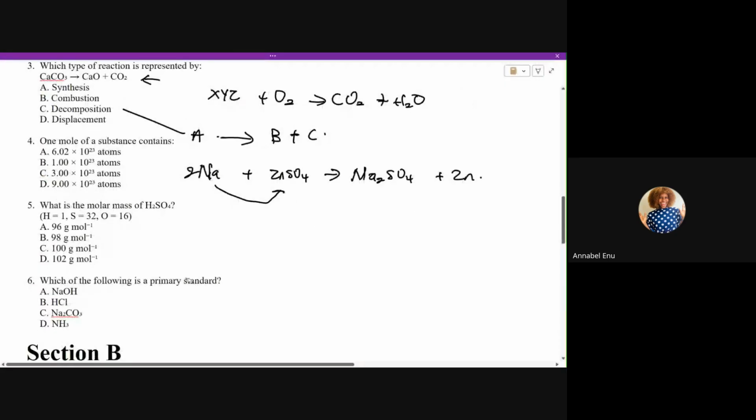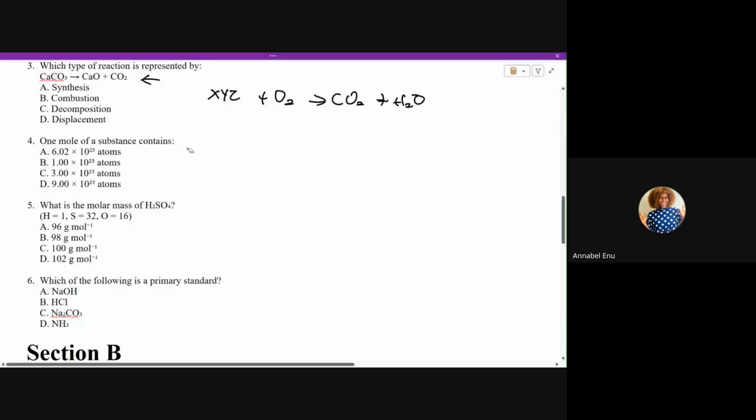So now the next question. The next question: 1 mole of a substance contains how many Avogadros? So in a single atom, one atom,